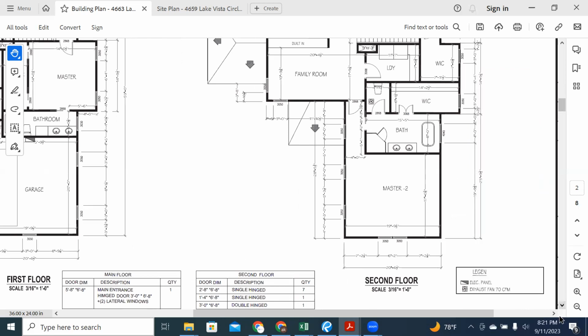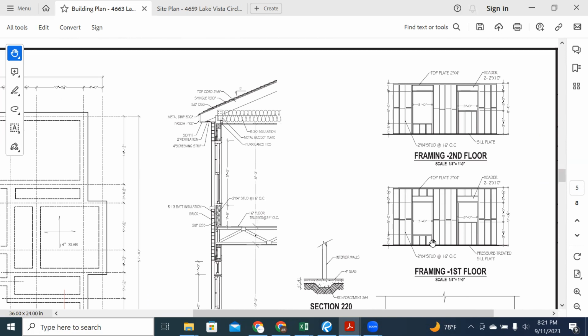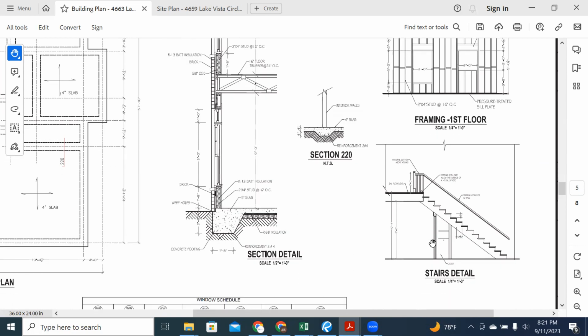y'all ready? I need everybody to be ready for this. All right, when we get to our detail page, what do we have? We have our 1 foot by 8 inches, right? All right. So let's just take that. We have 2 feet. We're going to do everything by feet. So I'm going to take,